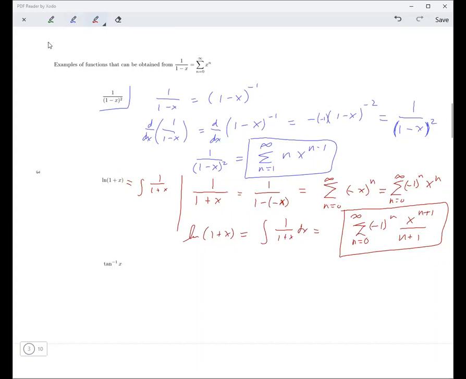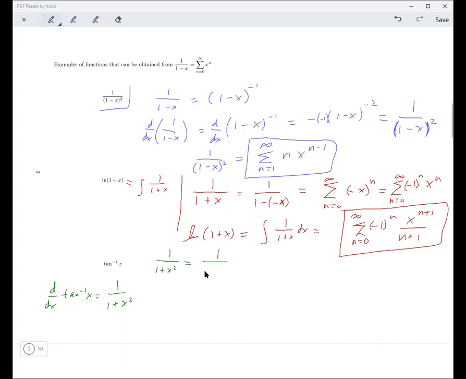The inverse tangent. Okay, that's also related to this series. And inverse tangent is related to 1 over 1 minus x as well. You know that if you take the derivative of the inverse tangent, you get 1 over 1 plus x squared. So that means that this is the integral of this. Okay, 1 over 1 plus x squared